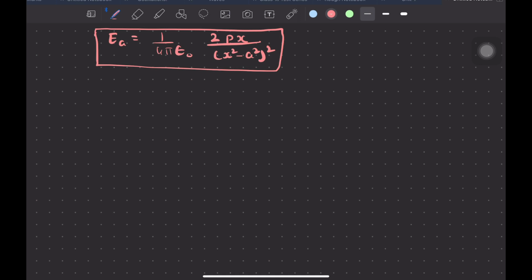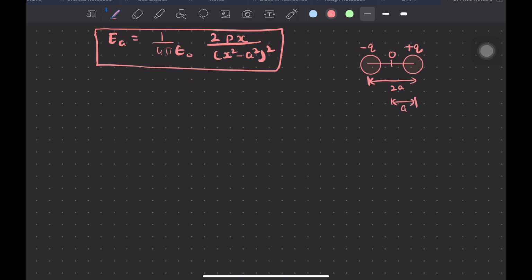Why do I want to solve it further? Because there are some special cases which we need to discuss. Basically, when a dipole is formed, there is a very small separation between the two equal and opposite charges. If this is minus q and this is plus q, this separation which we have taken as 2a is very small, and when we take half of it from the center, the distance becomes a.